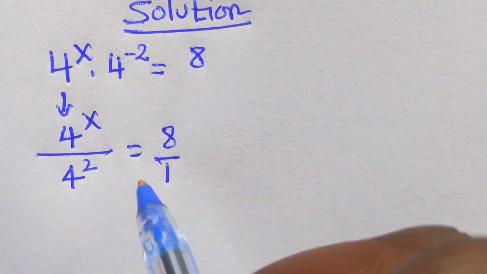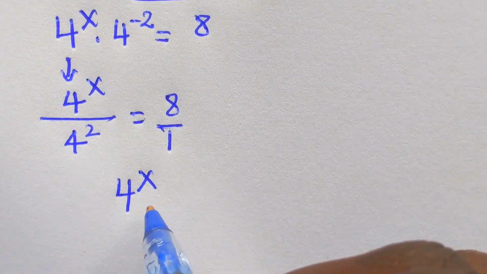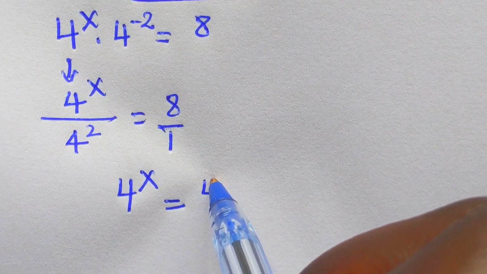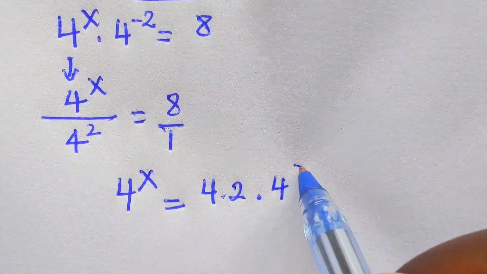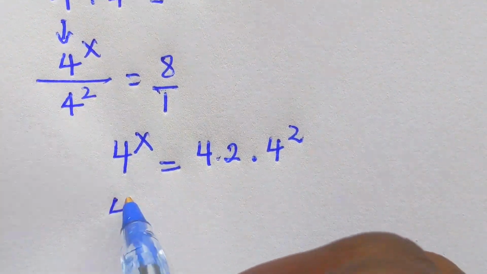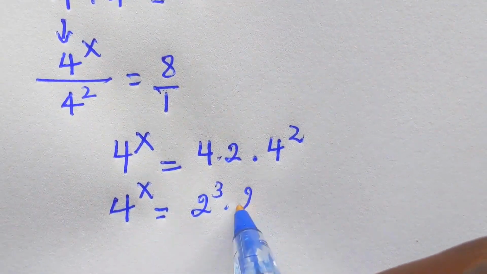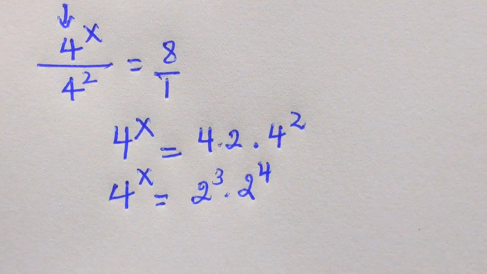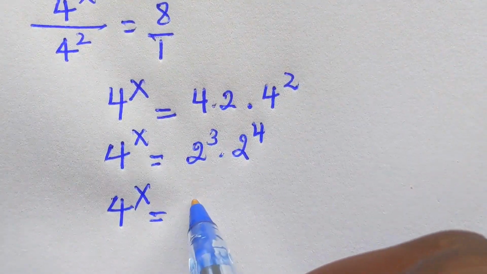Due to cross multiplication, we shall get 4^x, and this will be equal to 8 times 4^2. And this will be 4^x, which is equal to 2^3 times 2^4, as the number that we have right there. So 4^x here will be 2^